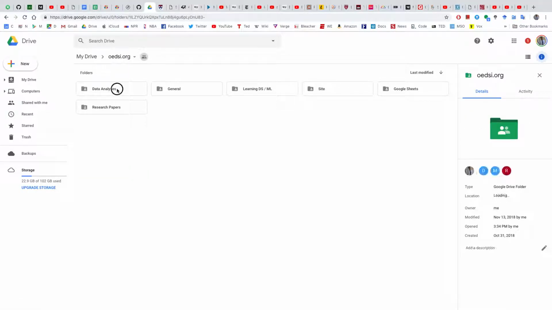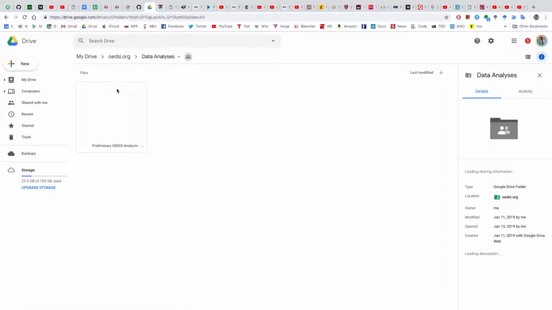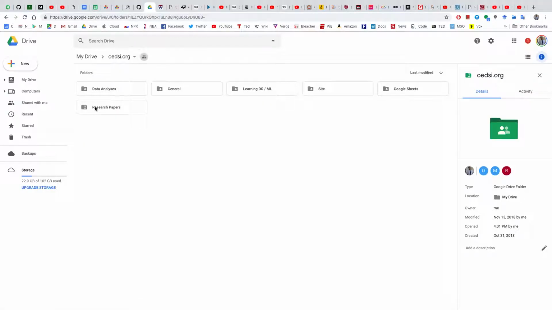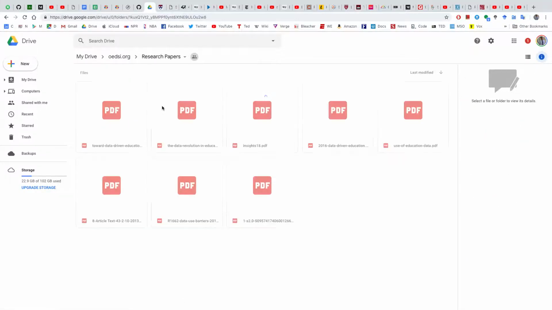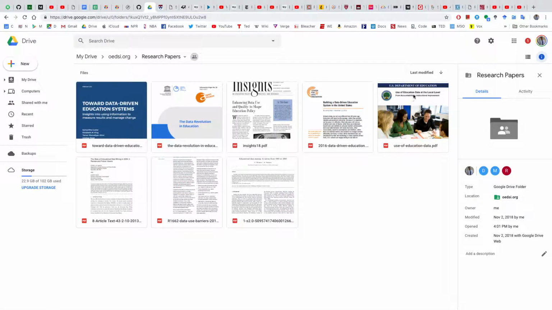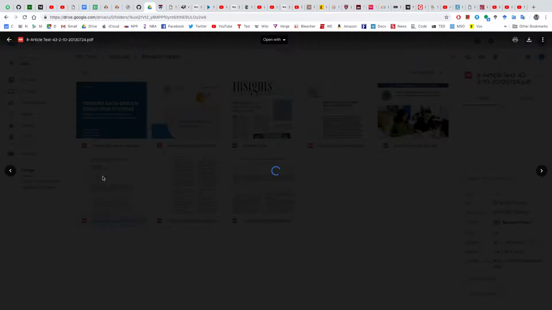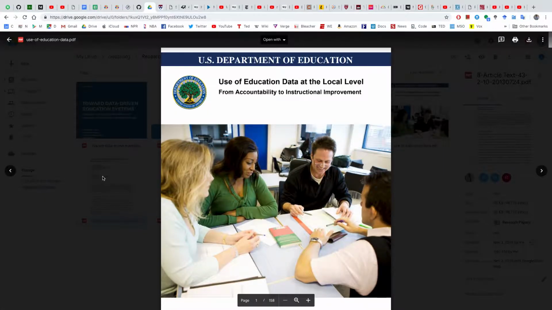If you want to do more data analysis in Google Colab or Jupyter Notebooks, here's the Python notebook. That's for later on. If you're curious about the policy dimensions of the work we're doing, I added a lot of extra research from the Department of Education, from different think tanks, and you could read a lot more behind the policy and the research on what's standard in this field.